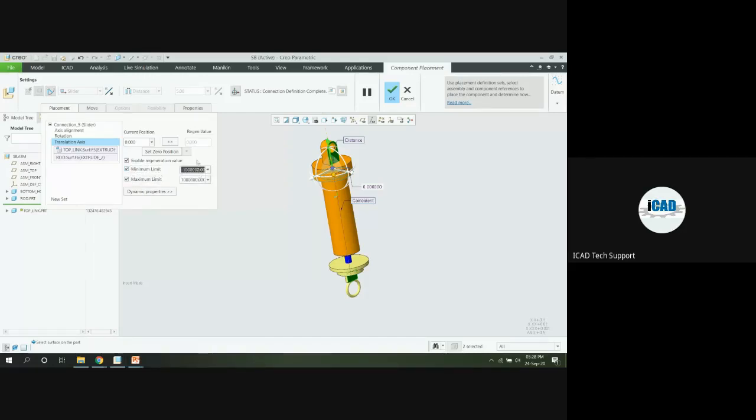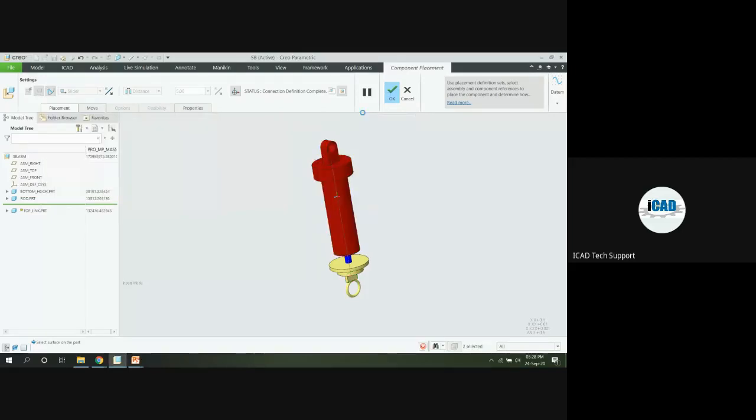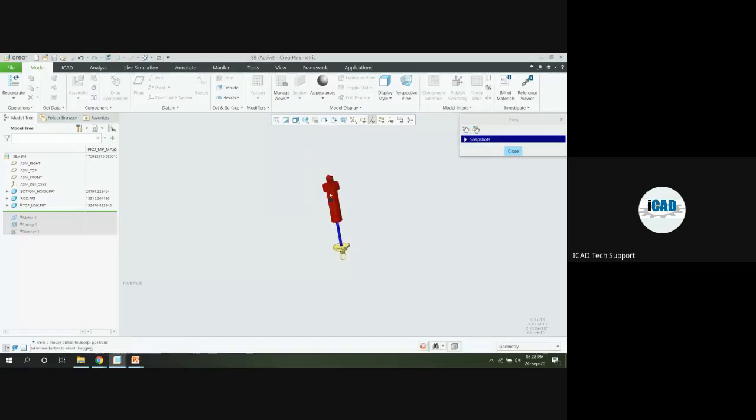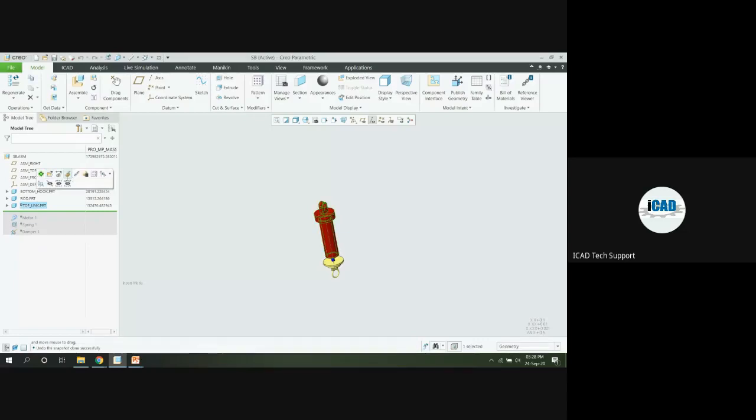I need to set this minimum limit as 0 and maximum limit as 250. Sorry. If I click on the OK button and after that drag my component, you can see up to the 250 limit it will go up to this, above this shaft. So for that I need to re-edit this top link,